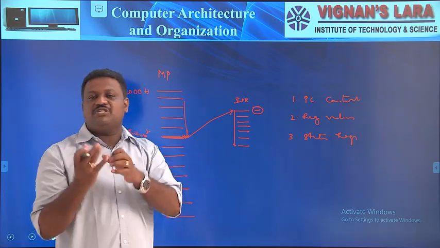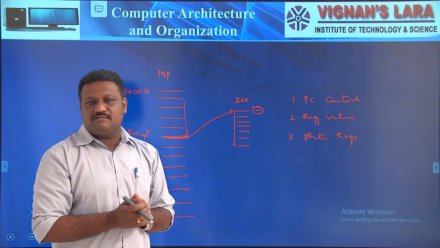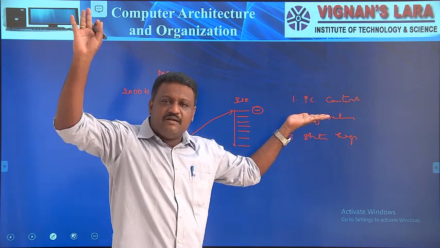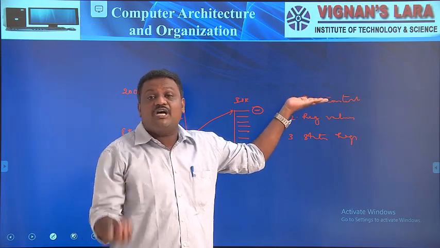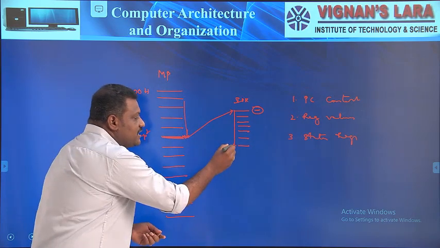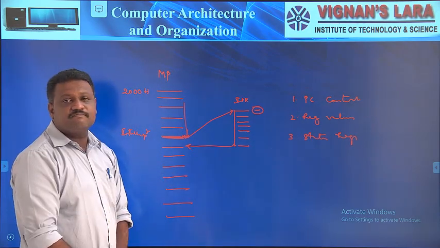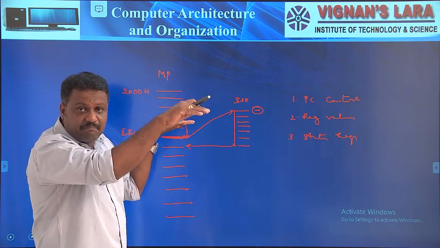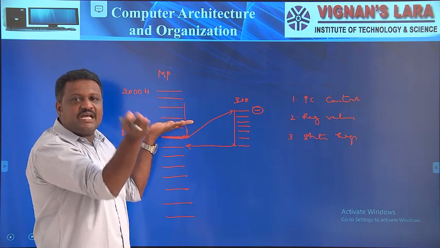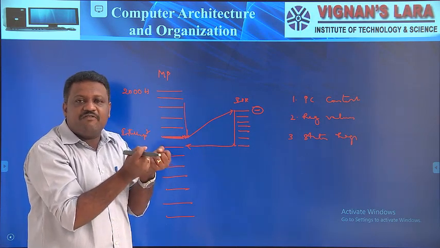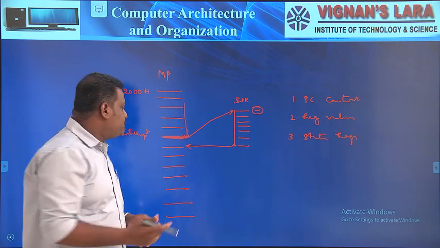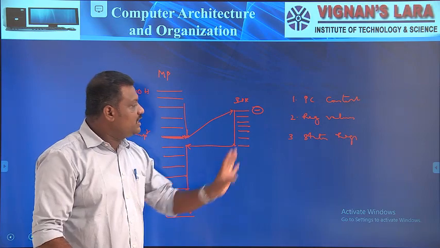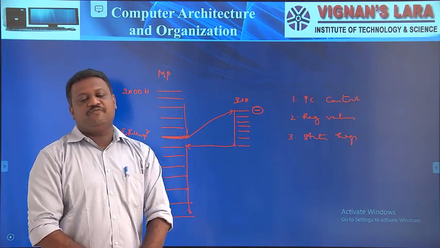I retrieve the same information from the stack in reverse order. That means first I retrieve the status information, later I retrieve the register values, and at the end I retrieve the PC value. Once I have the PC value, my execution address changes from this to this. At that moment, the register values I had in the past and the status information I had in the past are the same information I have in my hand. There is no problem for execution of the rest of the program instructions. So on this occasion also, I took the help of a stack.